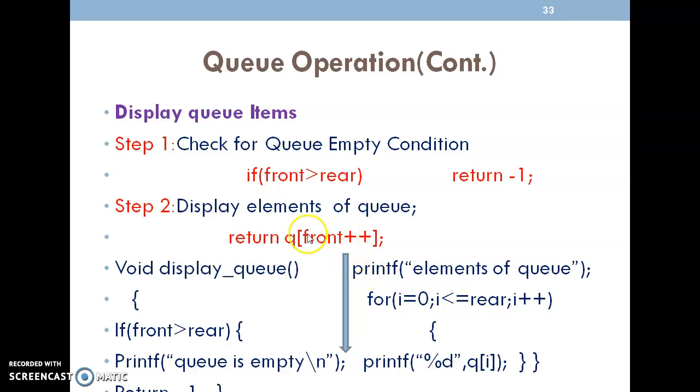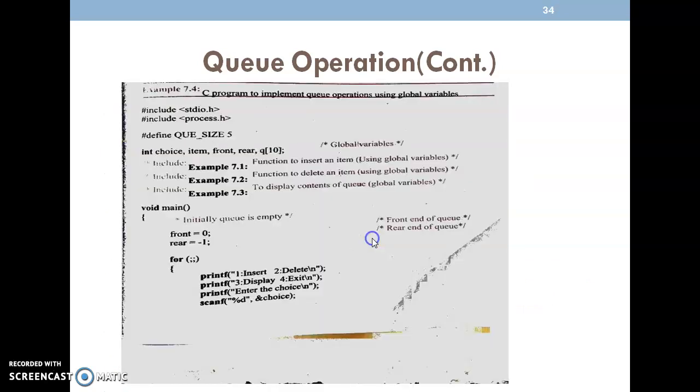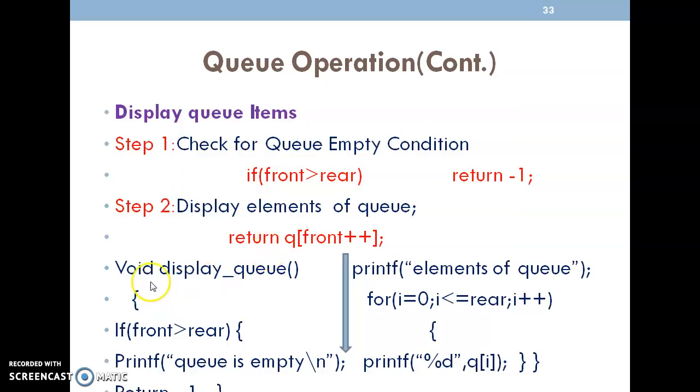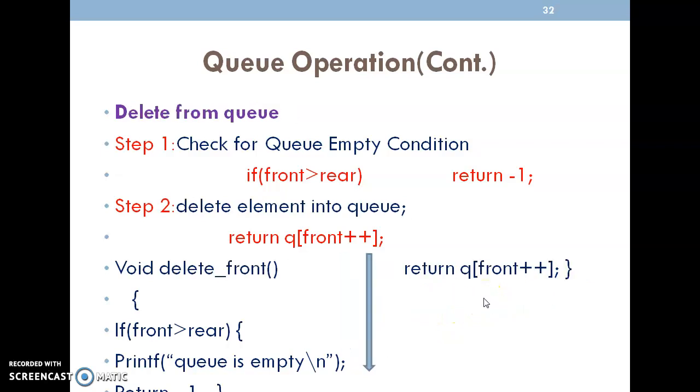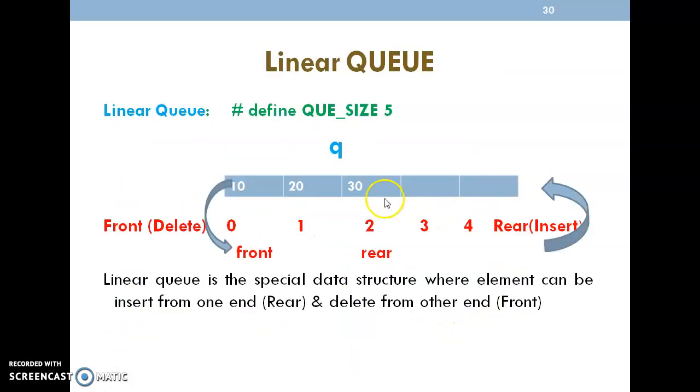Here, don't consider the part for deleting the element. While displaying the queue, check whether the queue is empty or not. Then come to displaying the elements of the queue. For I equal to 0, I less than or equal to rear. I less than or equal to rear means, if I have taken 3 elements, check all the conditions because we are inserting from which end? Rear end. So display: initial I, rear equal to 0, 1, 2, 3, 4.